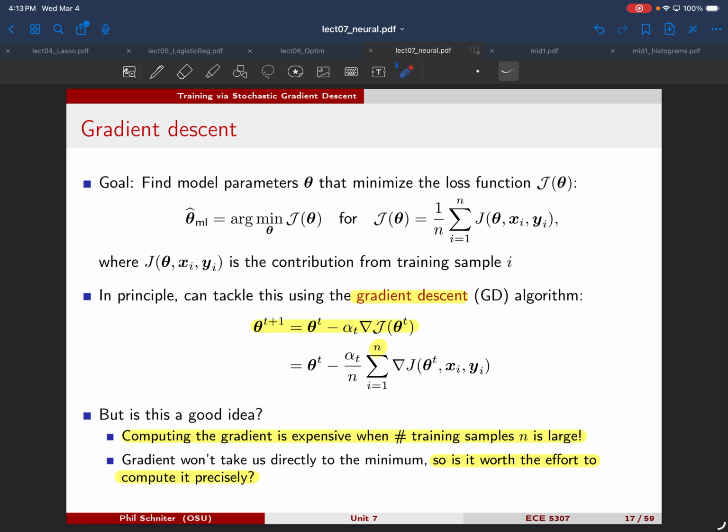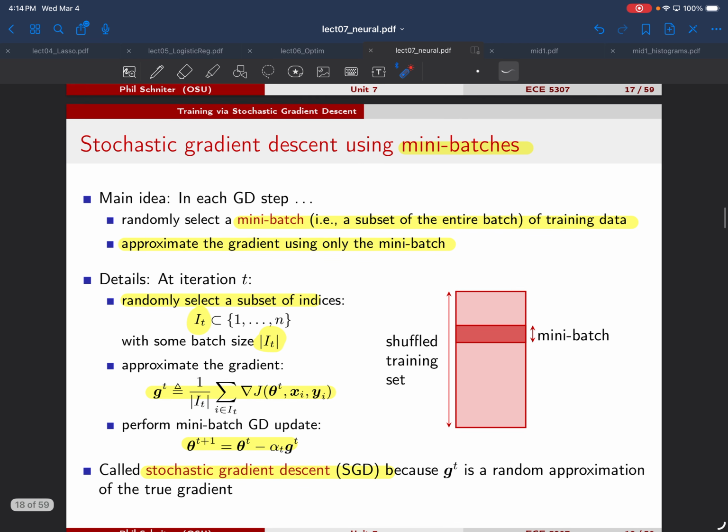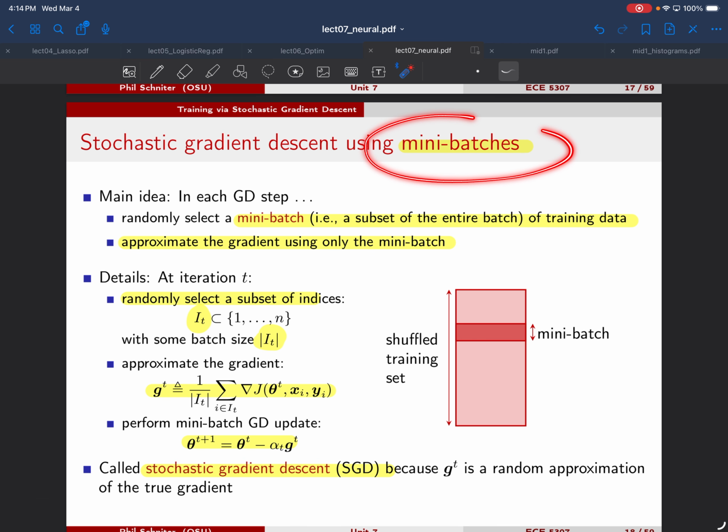But if you think about it, since we know that gradient descent doesn't even point us directly towards the solution, it just takes us downhill, which is hopefully in the right direction. Essentially, we don't have to worry about computing this exactly. As long as we approximate this with some version of it that is correct on average, we can still use this same approach. And that is what we do here using what are called mini batches, and that gives us the stochastic gradient